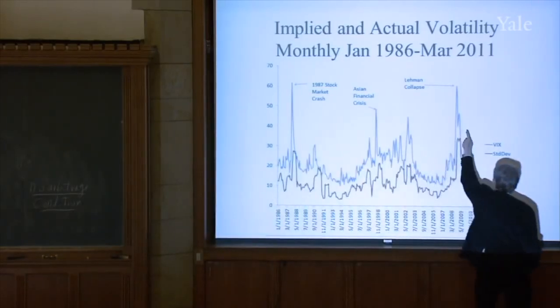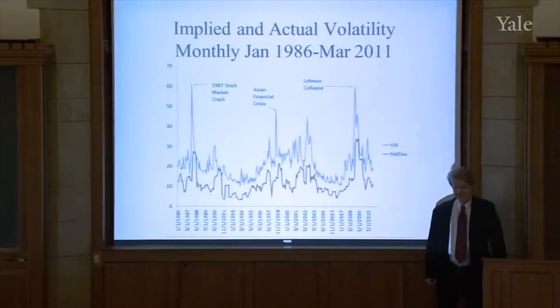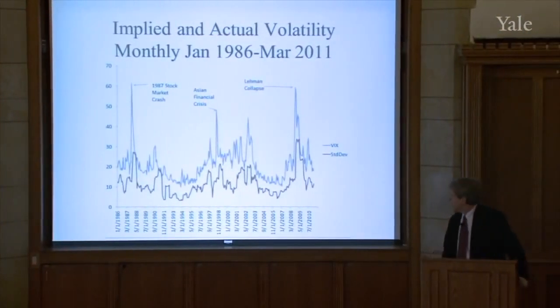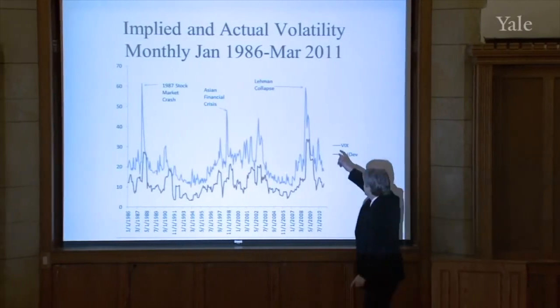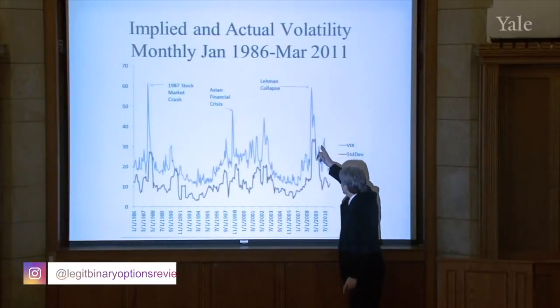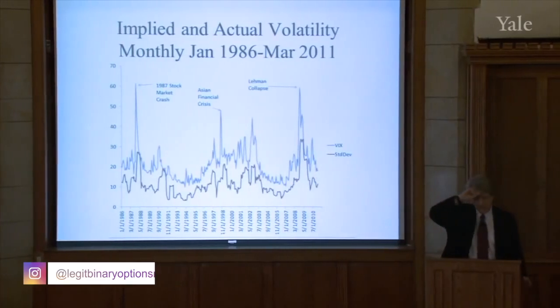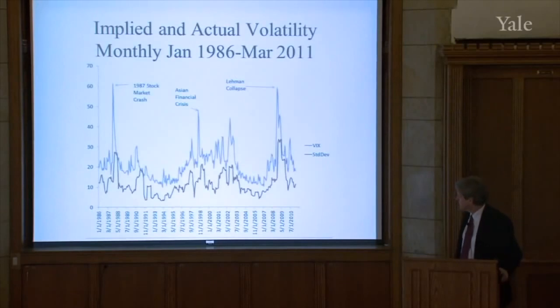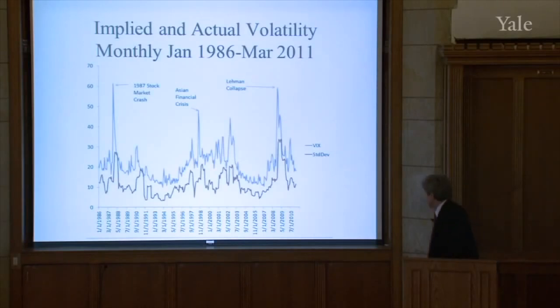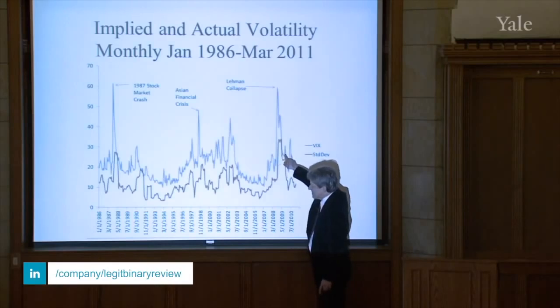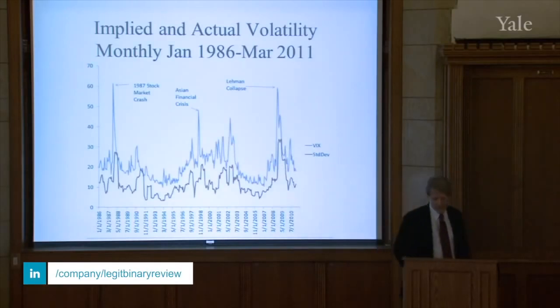And then there's this spike. This is the one that you remember. This is the financial crisis that occurred in the last few years. Notably, it peaks in the fall of 2008, which was the real crisis when Lehman Brothers collapsed, and it created a crisis all over the world. There was a sharp and sudden, terrible event. And you can see that actual volatility shot up to the highest since 1986 as well at that time.